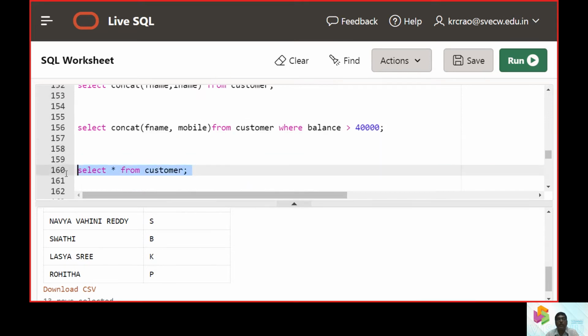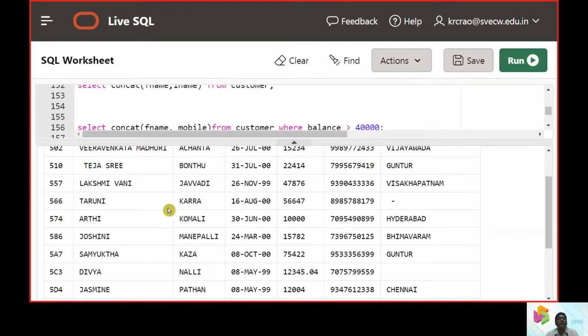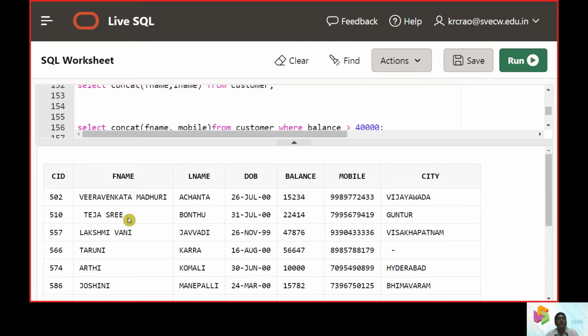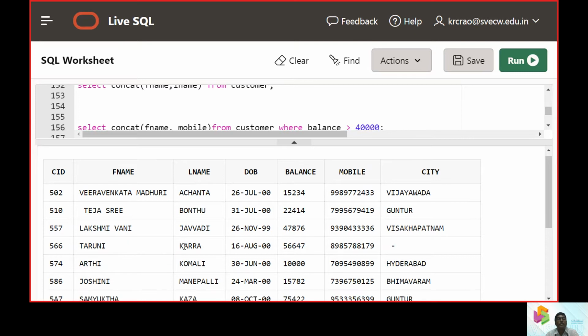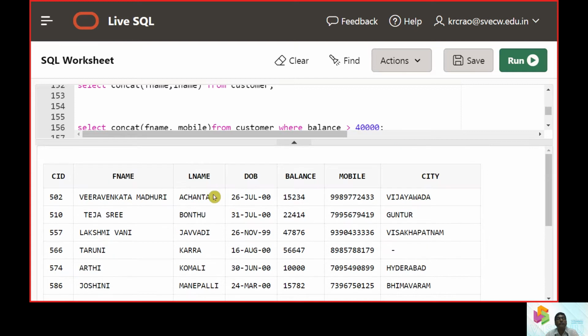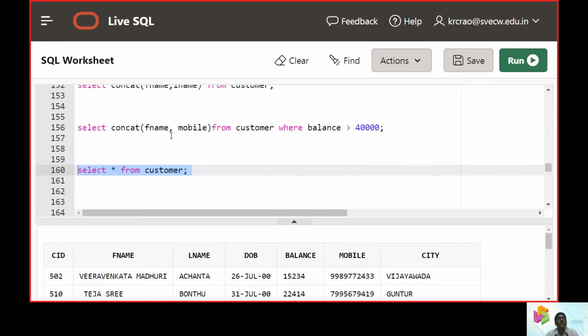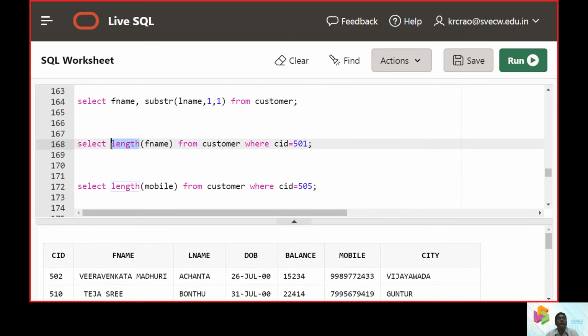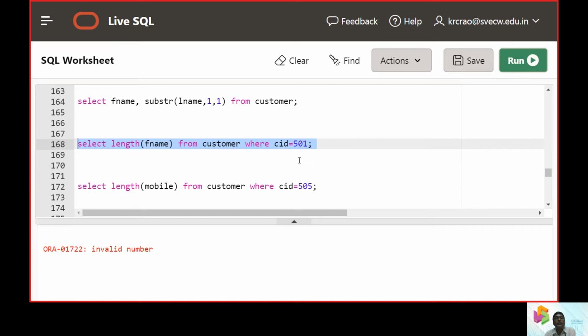So now another interesting part was that we have the first names, we have the last names of the table. So in this case, we just want to understand the size of the first names. We want to understand the size of the last names. If such a question is given, then we can use the function called length. We can use the function called length, and thereby we can compute the size. But here we are going to put the condition in the where clause. So we can check the length, especially for the record called